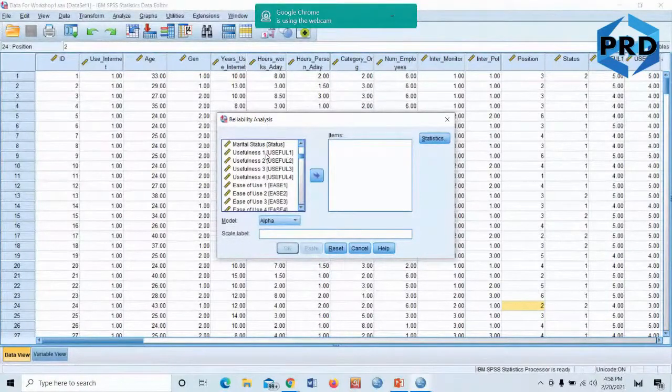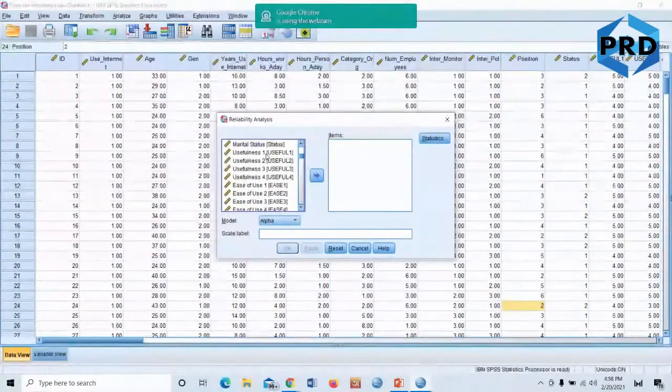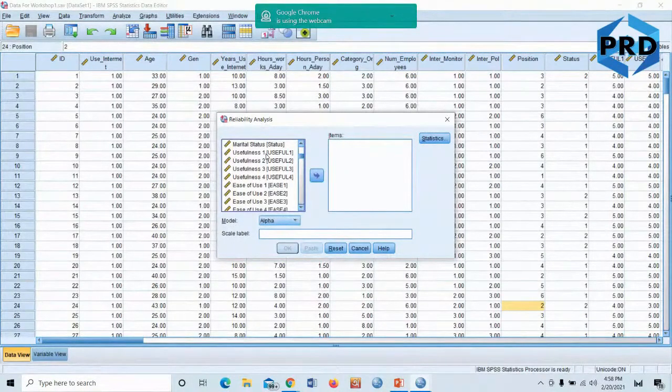Okay, so we have to test the stability of the data within the variable. We call it reliability analysis. Basically, it is a test of internal consistency and stability of the data. That's what we look at, stability and internal consistency. So this is a variable, usefulness. So I choose all four. There are 4 questions here. So 4 questions, usefulness, I put them inside here.